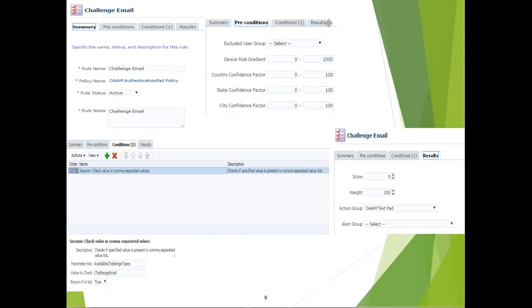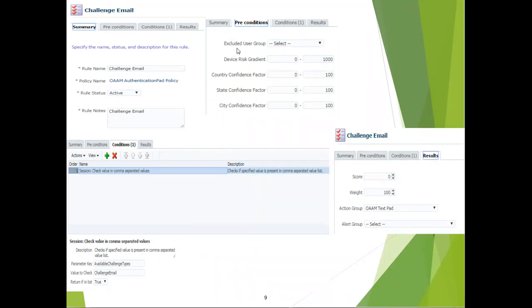Now with rules, you will see preconditions and conditions. Preconditions are those parameters that kick in before executing the conditions. In preconditions you will see excluded user group.